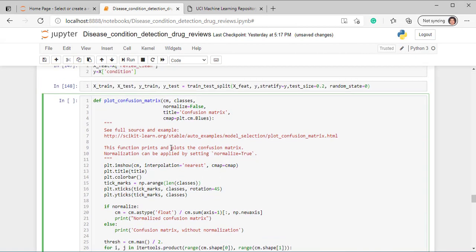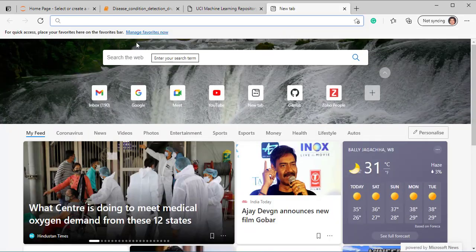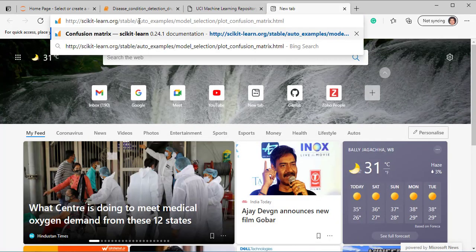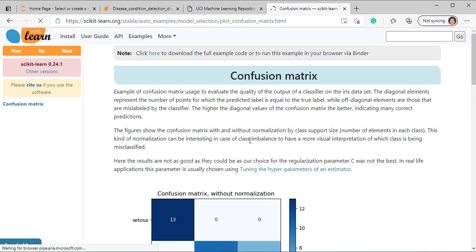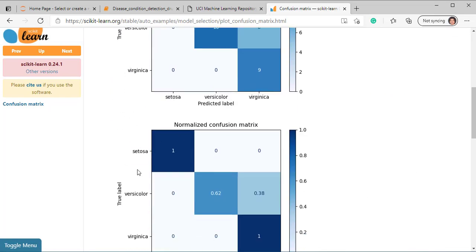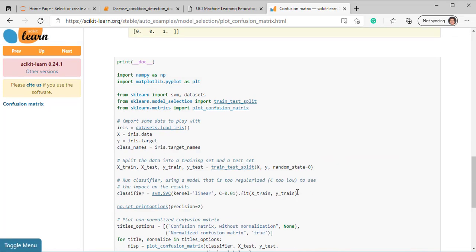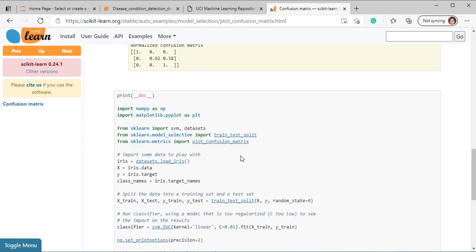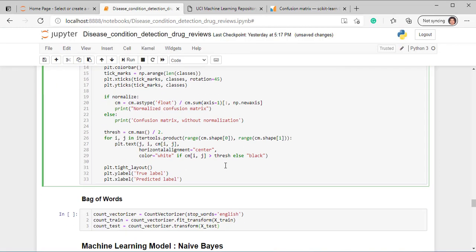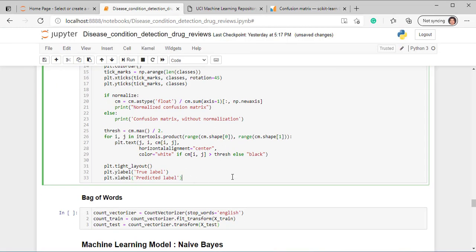So we have used this code of scikit-learn, which is available on their website. You can just go and see how they have used the confusion matrix for multiple classes. They have given the full code, so you can use it and understand how they are doing it. So I'm not going to talk much about this.